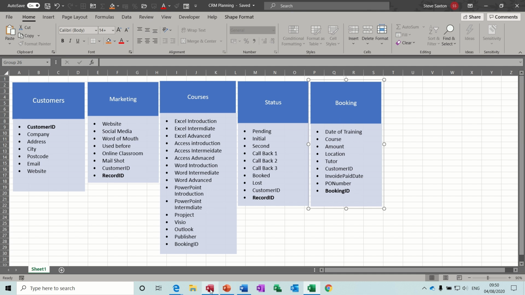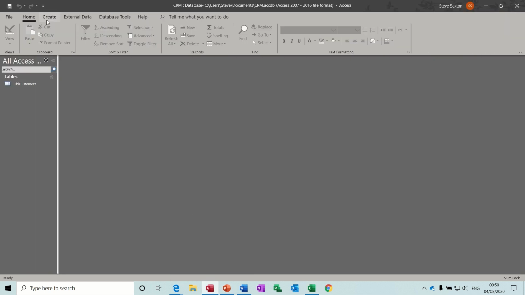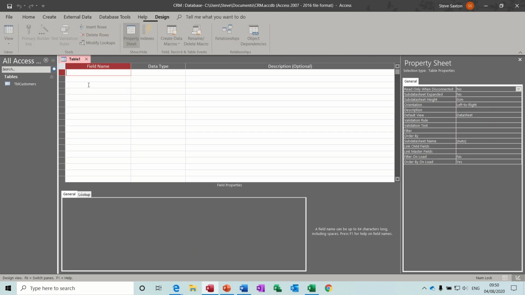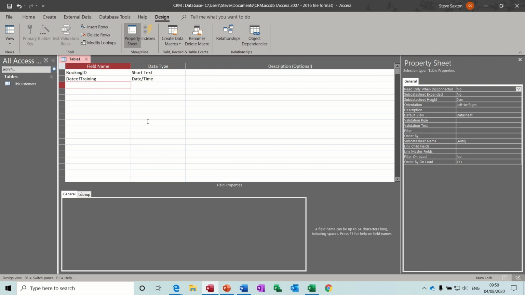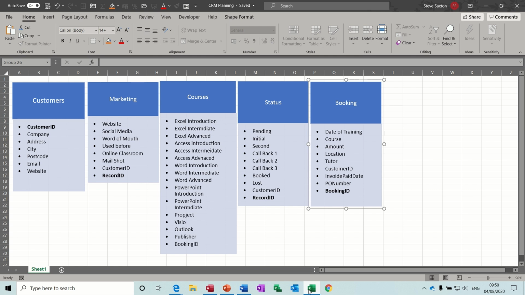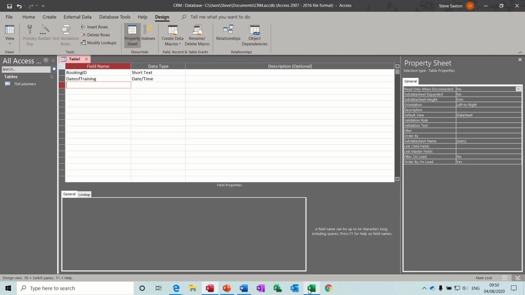So if I go back to Access and create a new table, table design, booking ID is a primary key, and then date of booking, in fact date of training. I'm not really bothered about the date of booking, and that will be a date time field, and I'll set an input mask on that shortly. So what else did I have in there? So have a quick look. So we've got course, amount, location. So course, amount, location,